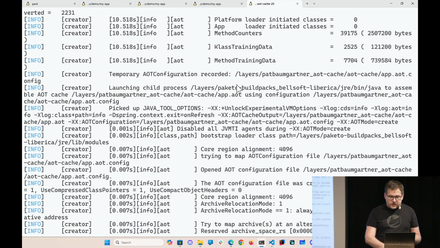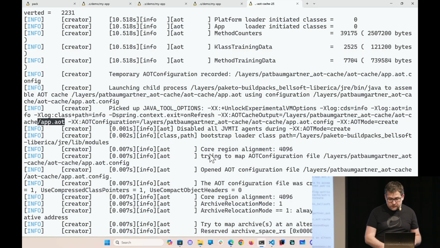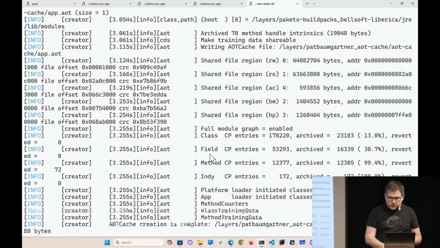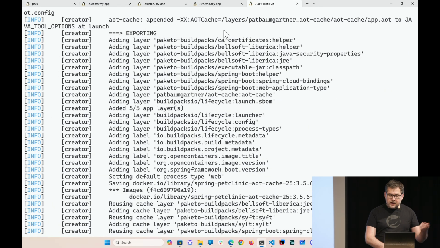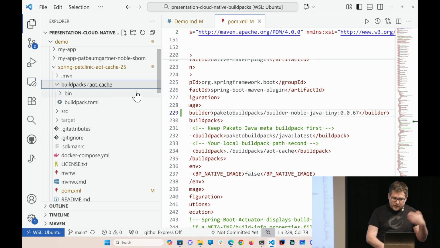And then it also adds additional parameters for the JVM run. So this AOT cache output. And I say the archive is done there. So the archive is actually this app AOT file, right? So when you are through with the whole step, so it did some more things here, then it's exporting this again. Now just to shortly show you, I added now these additional steps, my own